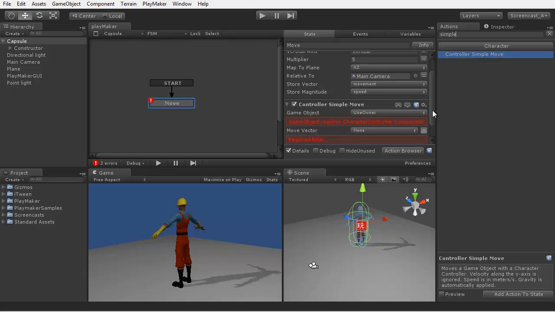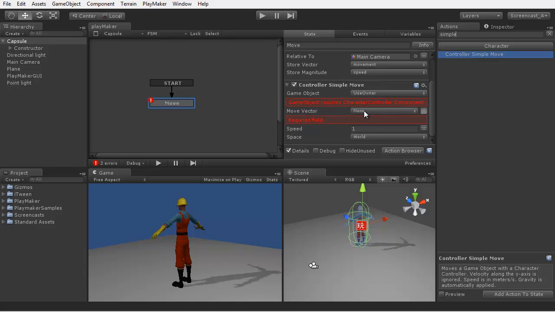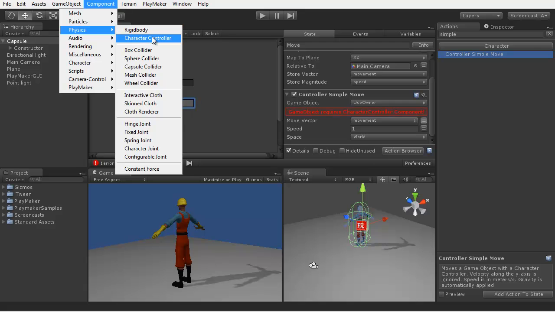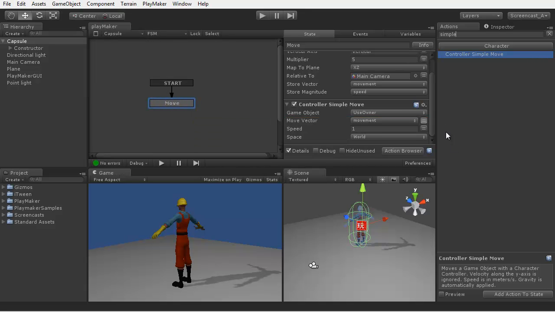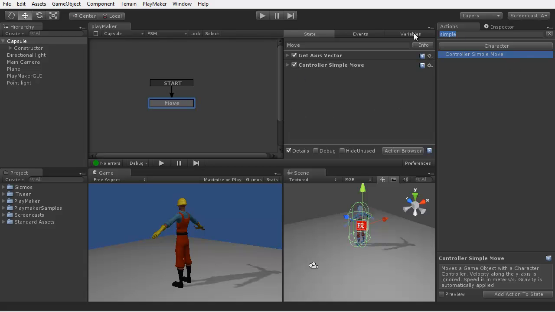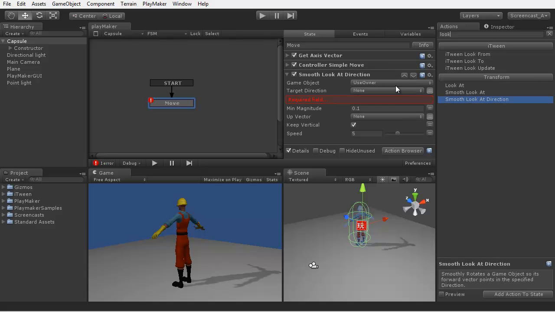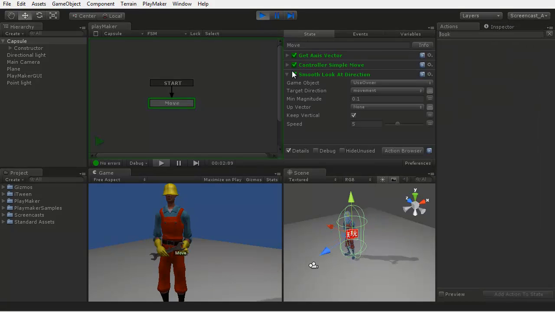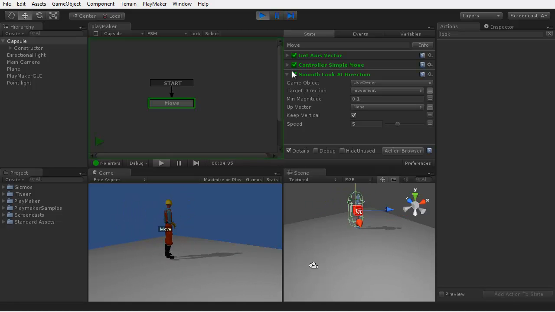Now we want to move the character controller around, so we can use the movement vector, and here it's telling us that the capsule needs a character controller component, so let's add that. Now we want the character to face the direction of motion, so we use look at direction and use the movement vector. So if we test that so far,